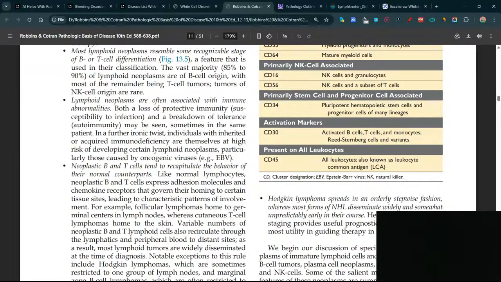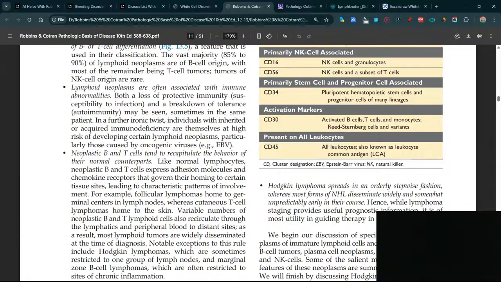Alright, so most lymphoid cancers, like 85 to 90%, come from B cells, and T cell cancers are much rarer, and NK cell cancers are almost never seen, so there is B cell dominance. So when we study this, we spend most of our time on the B cell type. And the cancer cell usually looks like a normal cell at a specific stage of its life. Okay, so now